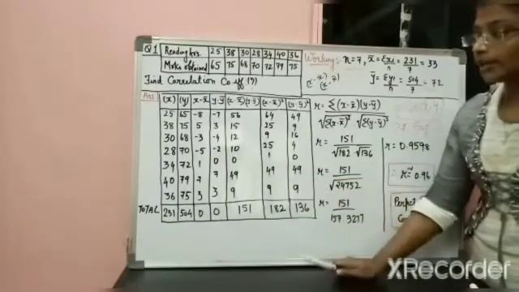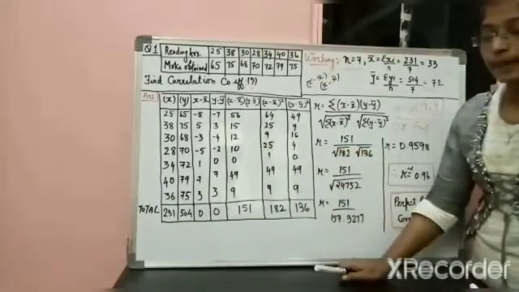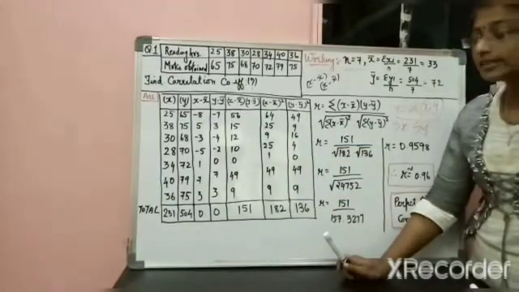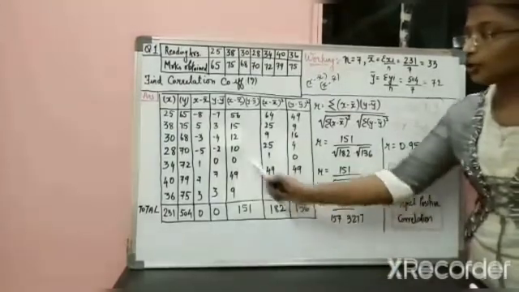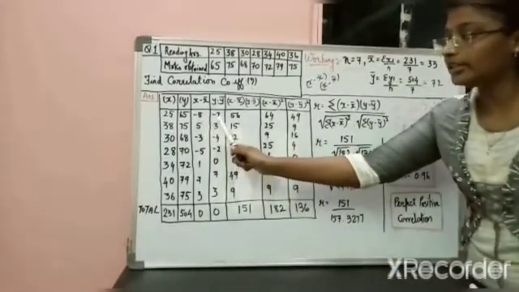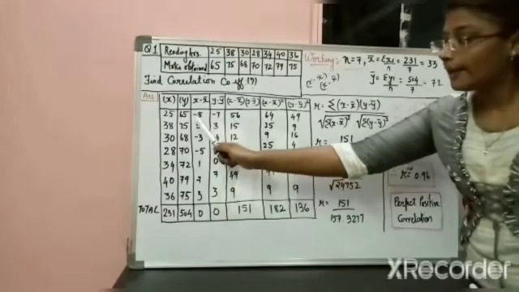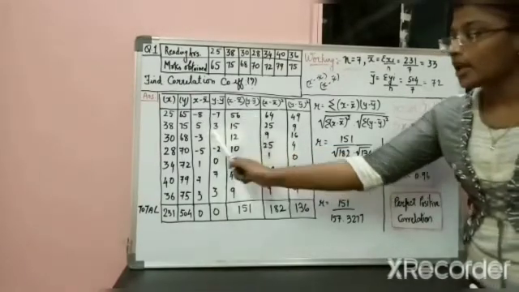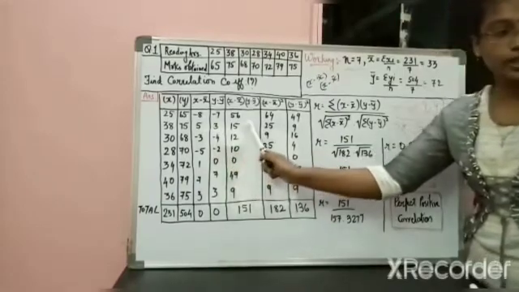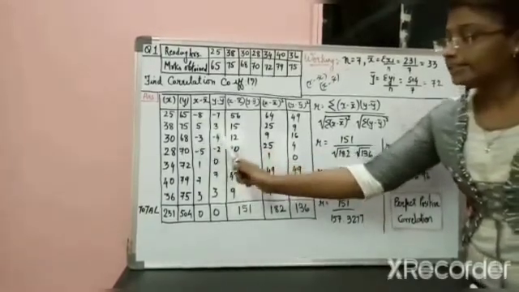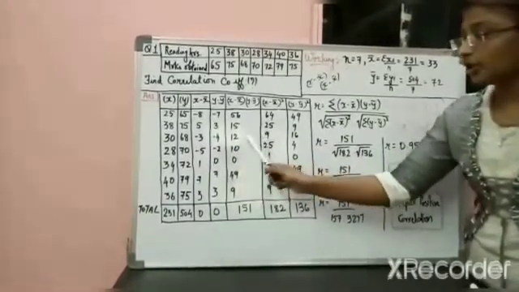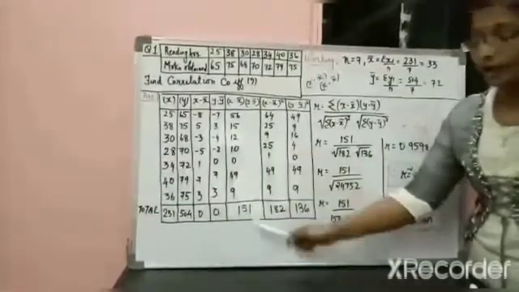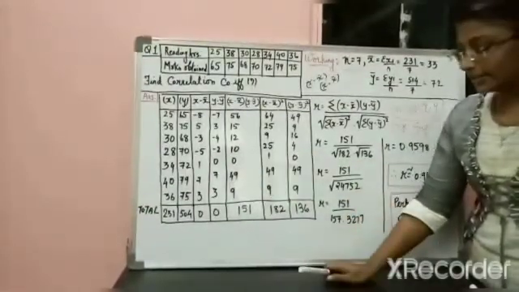Now the third column, that is x minus x bar multiplied by y minus y bar. So what you have to do, you have to multiply this column with this column. So minus 8 into minus 7 would result to 56. 5 multiplied by 3 is equal to 15. Minus 3 into minus 4 is equal to 12. Like this you have to do with the rest of the candidates.